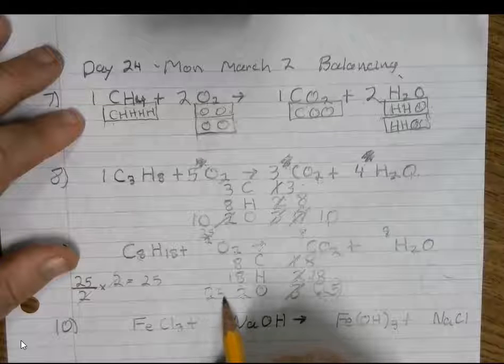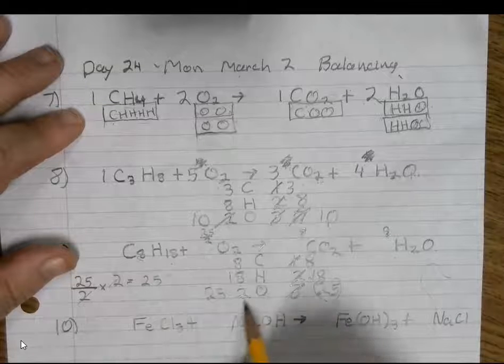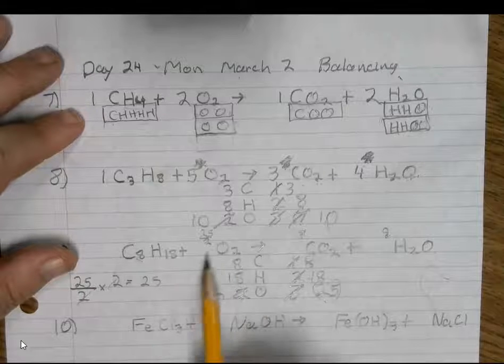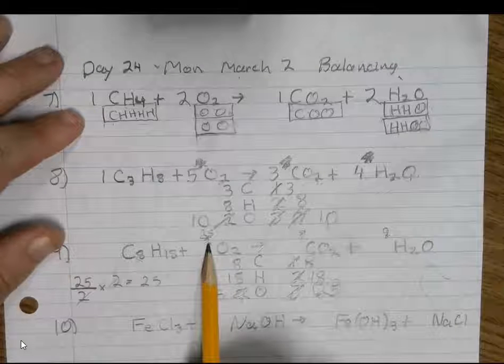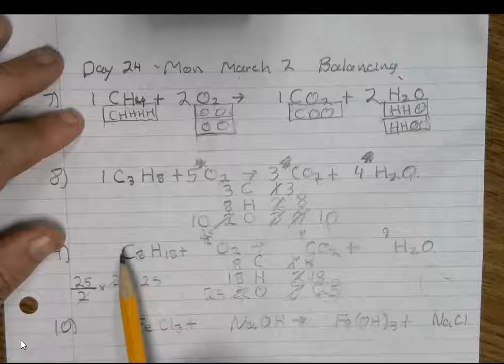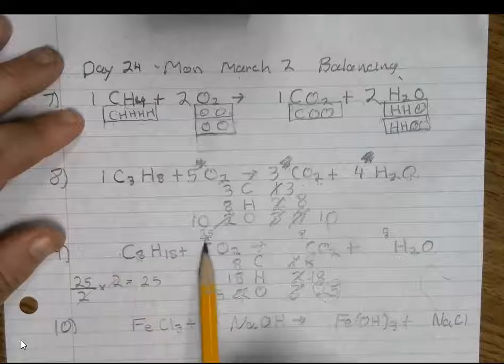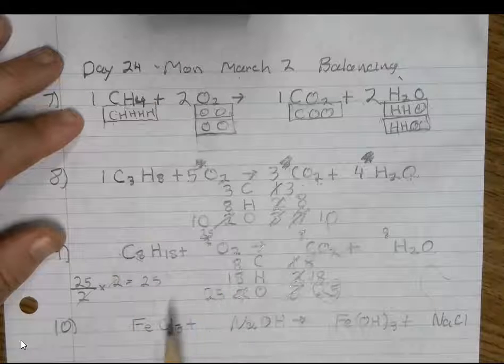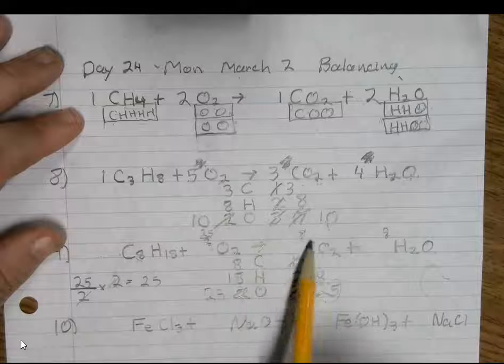I now have a 25 on this side by multiplying that 25 over 2. So 8, 8, 18, 18, 25, 25. But you can't leave a coefficient as a fraction. So what our coefficients are right now are 1, 25 over 2, 8, and 9. So how do you get rid of that 2? You multiply everything all the way through by